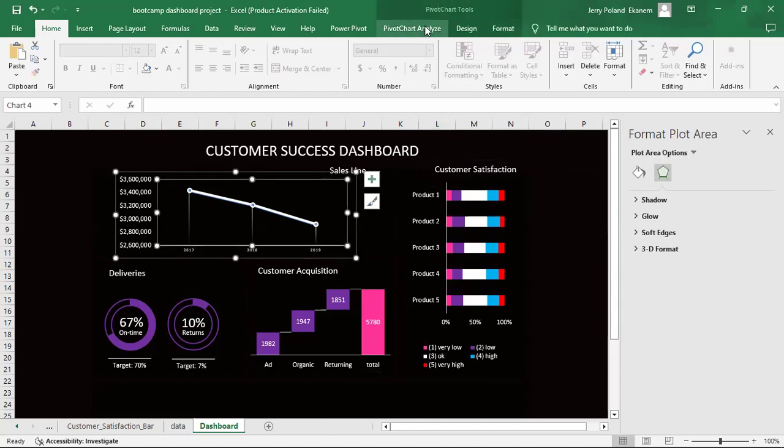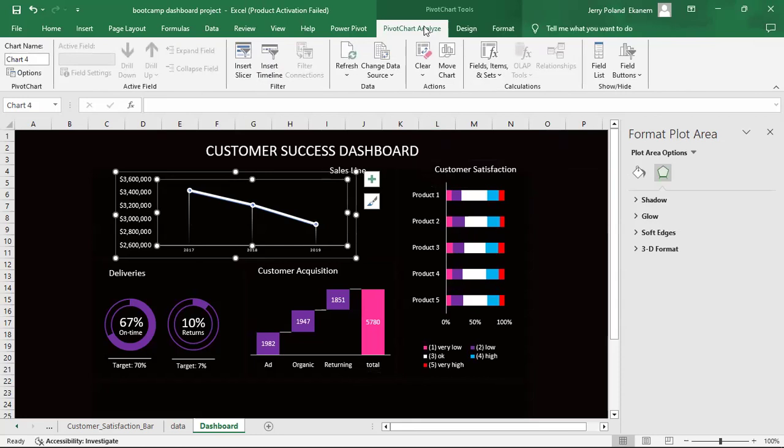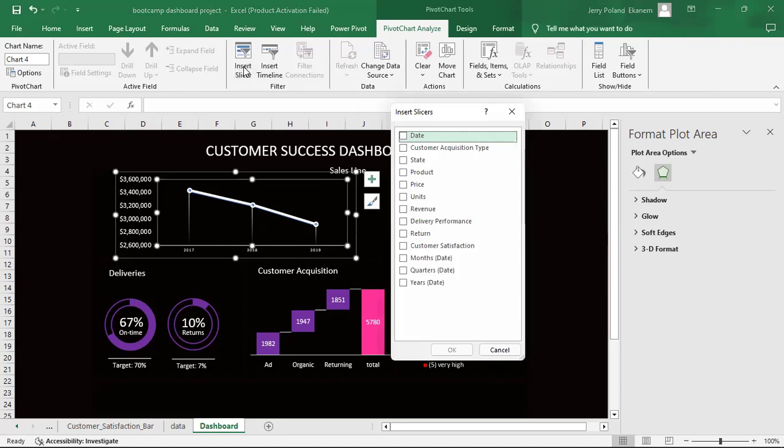Now I go to where we have slicers, and I'll be adding my slicers here first. What are the slicers I'm going to be using? They include the dates, the states, the products, acquisition type,